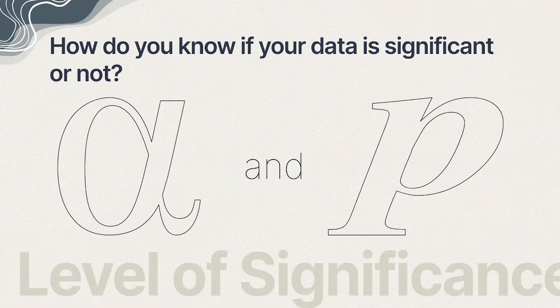What is alpha and p-value? So how do we actually decide which hypothesis to keep? We rely on two numbers, alpha and the p-value. Alpha, our level of significance, is the threshold we set ourselves, typically 0.05. The p-value is calculated for us by our calculator or software and it tells us how likely it is that we would see results this extreme if the null hypothesis were exactly true. We compare the p-value to alpha to make our decision.